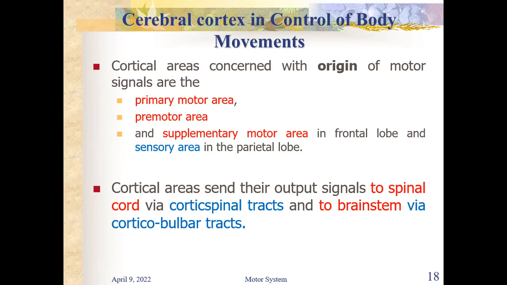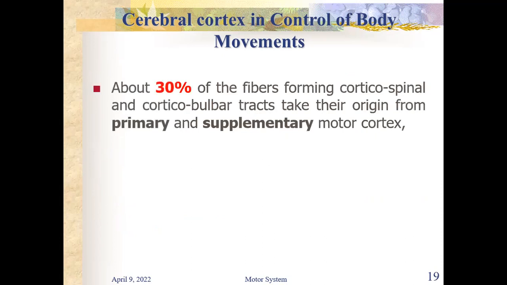Once the cortical areas send out their output signals, those output signals will descend as the corticospinal tracts and the corticobulbar tracts. We saw the origin and the routes of those 2 tracts. These 2 tracts are known as the direct motor pathways. The indirect motor pathways are the extrapyramidal tracts. So we saw this